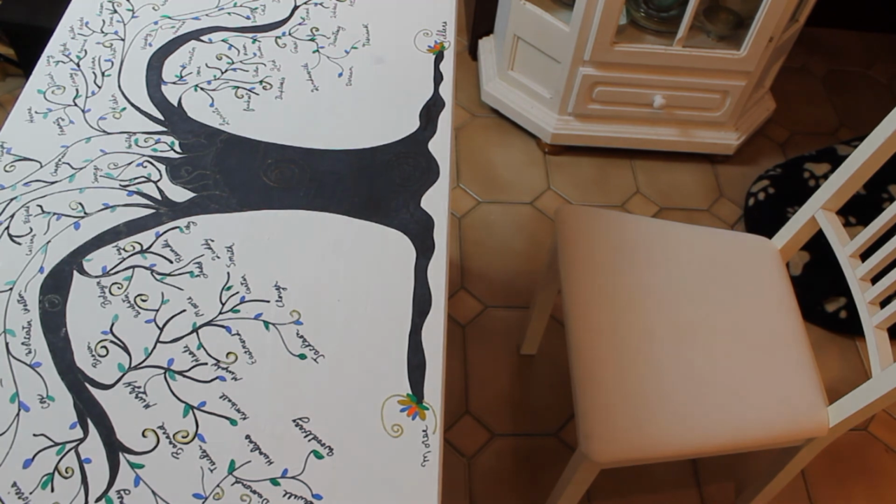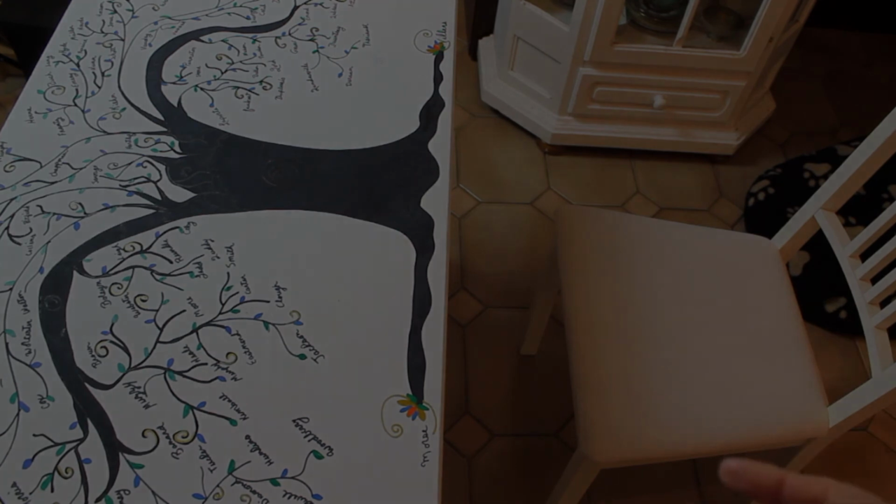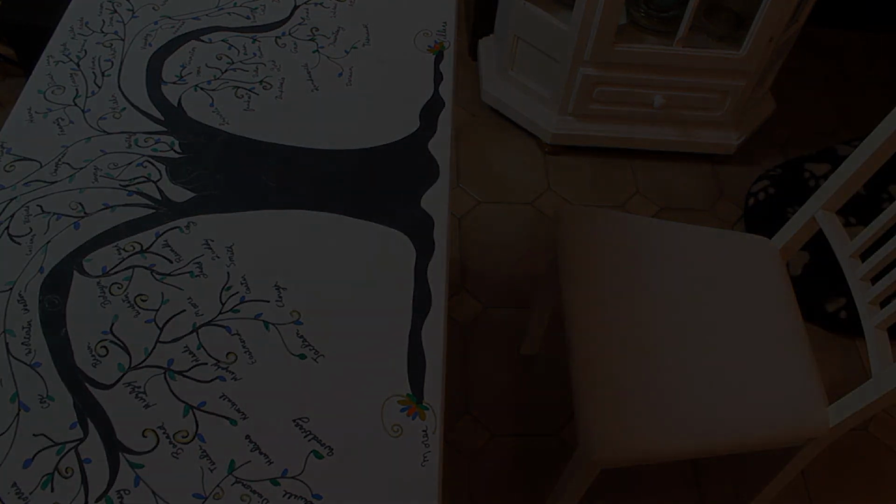And my entrance hall is like a family tree when you first come right in. So I decided to make this on the table that goes in this room, which we're in right now, and I just wanted to do this. So like I said, this is